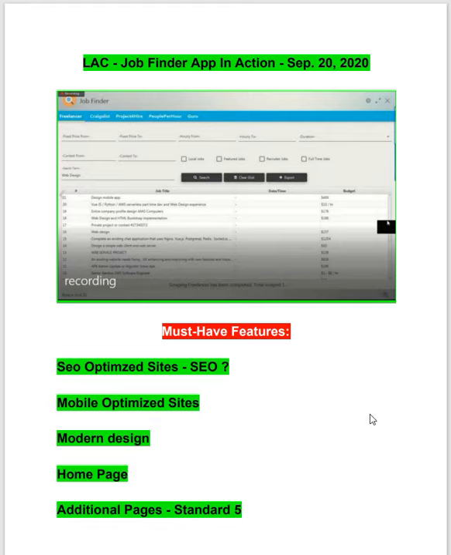Now SEO optimized websites have some characteristics. SEO optimized websites are mobile responsive or mobile optimized. Now what does it mean by mobile responsive or mobile optimized website?